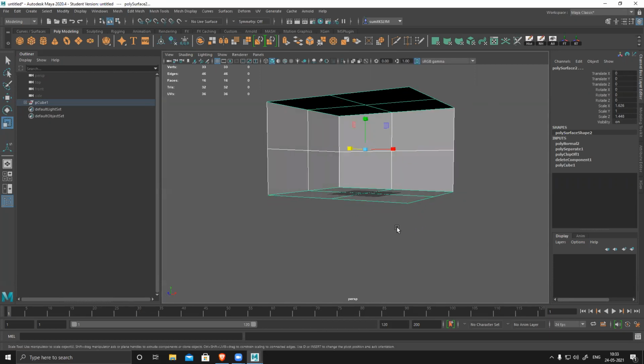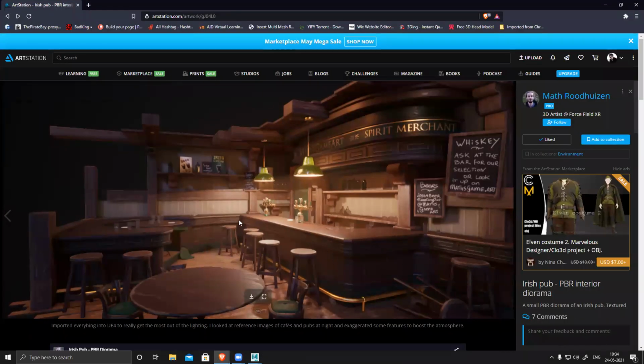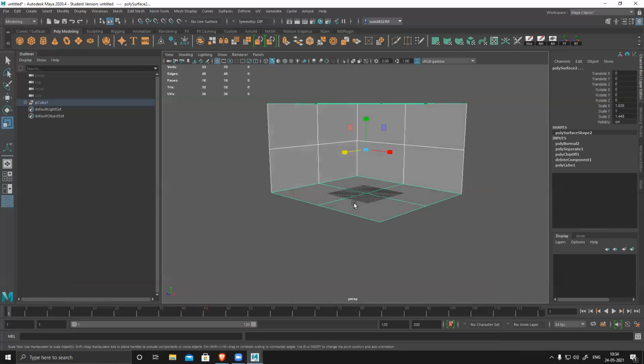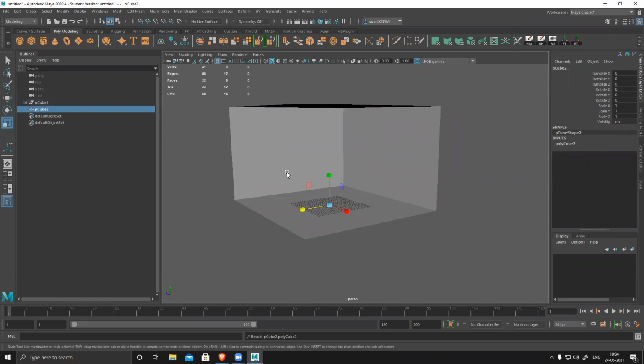So we create this. After creating this, we need to plan out our entire scene. In your scene, you can see we have this shelf, this counter, and there's a table, then again a counter. All these things are there. So we need to create this entire section, and then check it in Unreal if the scale is correct. Yes, we can definitely increase or decrease the size within Unreal, but we try to keep it the exact same size we want. So basic blocking, then we add another box.